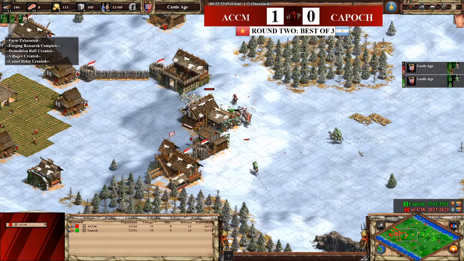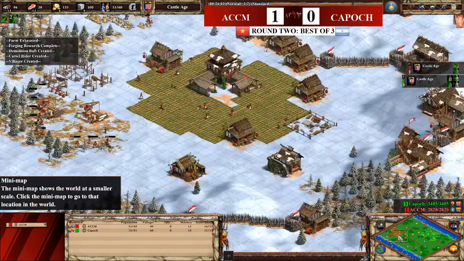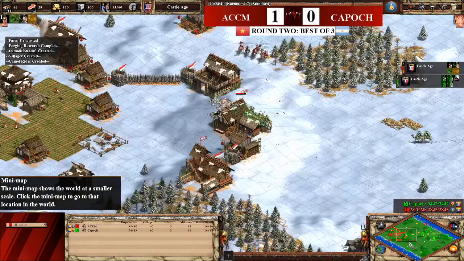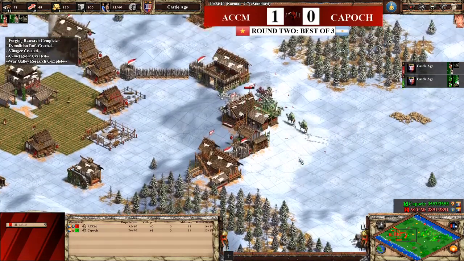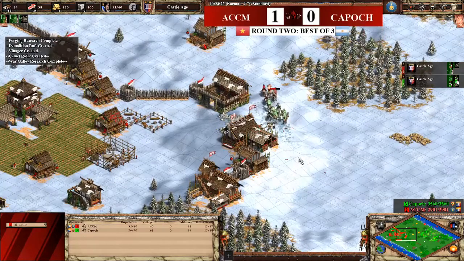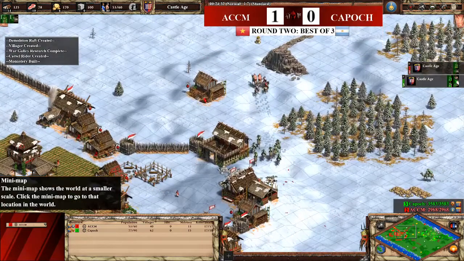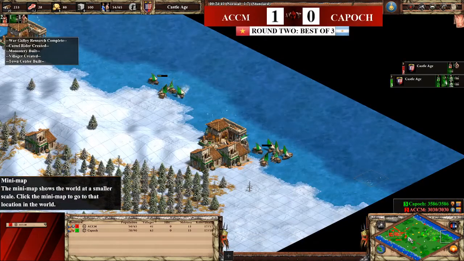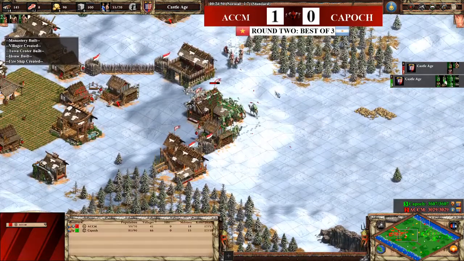ACCM going for the second town center. Capoch already going for the third one actually. So it will be a huge boom for Capoch together with the fishing ship advantage. But here come fire ships and a demolition ship by ACCM on the water, which may take down the fishing ships, since Capoch is not doing anything on water anymore, not producing military. Yeah, he's fully committing to land,